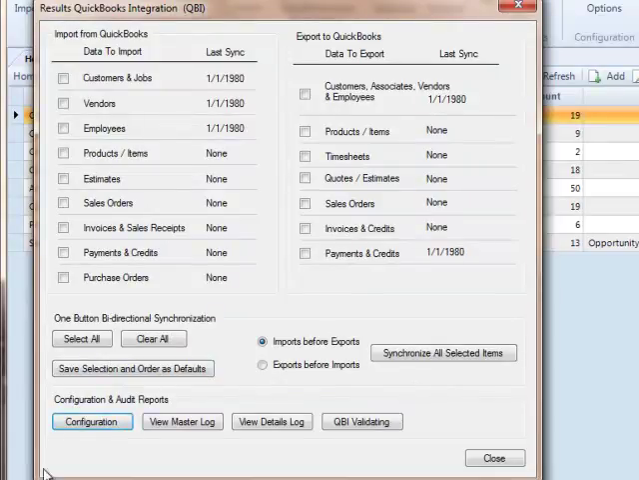After your configuration has been set up, what you would need to do is select which items you would either like to import or export to QuickBooks. So in this case, if you wanted to import and export everything, you can hit select all, and your bidirectional synchronization would take place within all modules that you've selected. You also need to decide whether to do imports before exports or exports before imports, and then click the synchronize